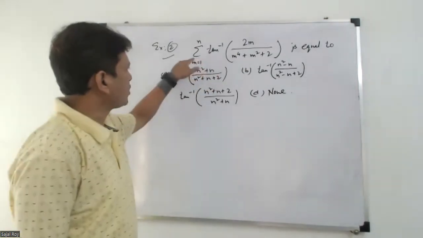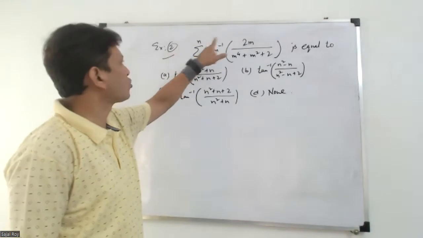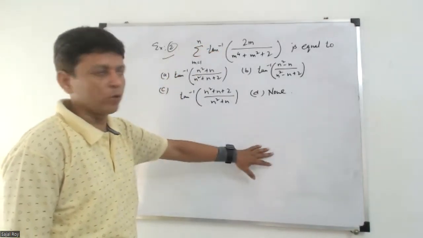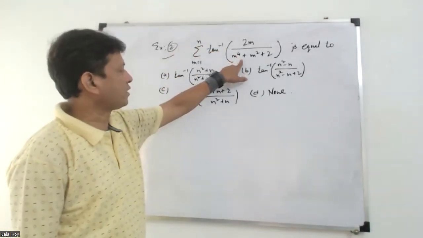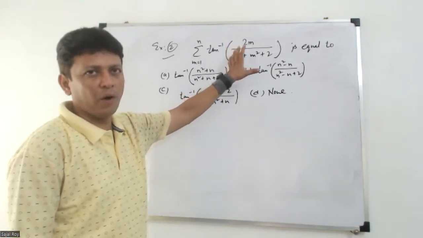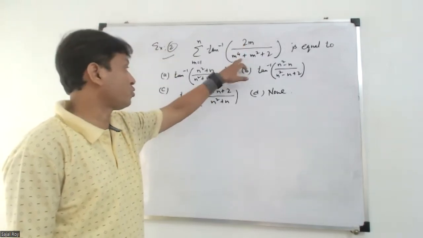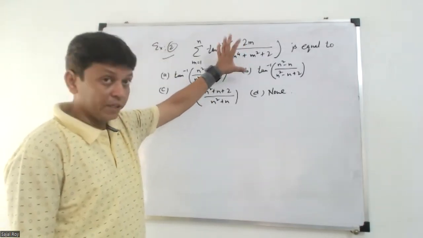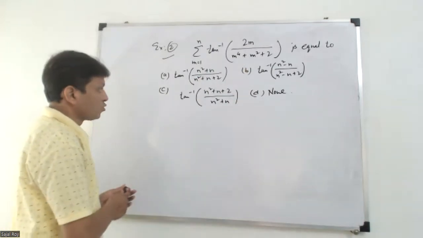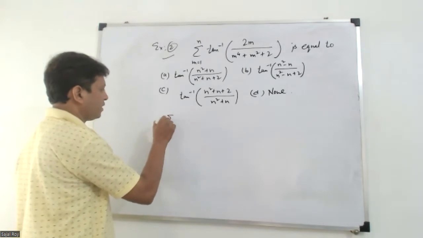First, this is the summation, right? And the problem can be extended to n goes to infinity also. I will show you that part also. But first, try to factorize this one, because the denominator has m to the power 4, a larger power. So try to look at the denominator first. If you factorize the denominator, it will be like